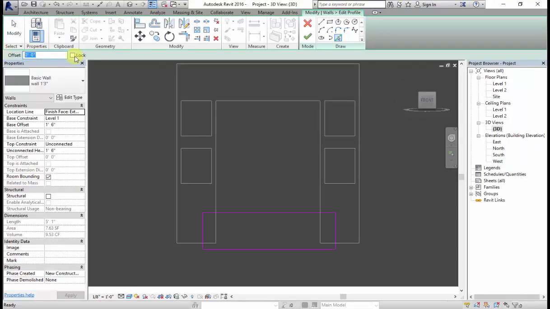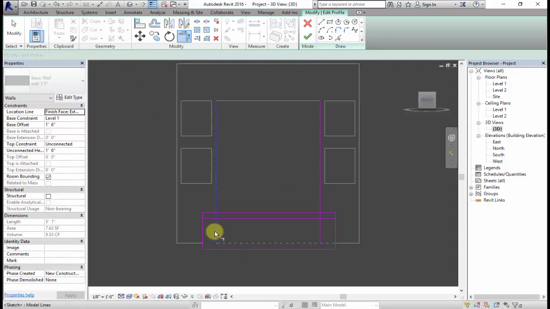Let me take this as 3 inches from this side. No, as it is gone inside, I'll just pick this line. This one, and from up I'll give offset of 3 inches and here.